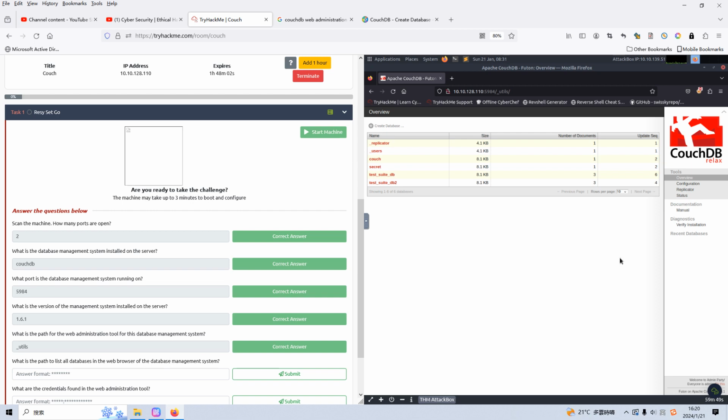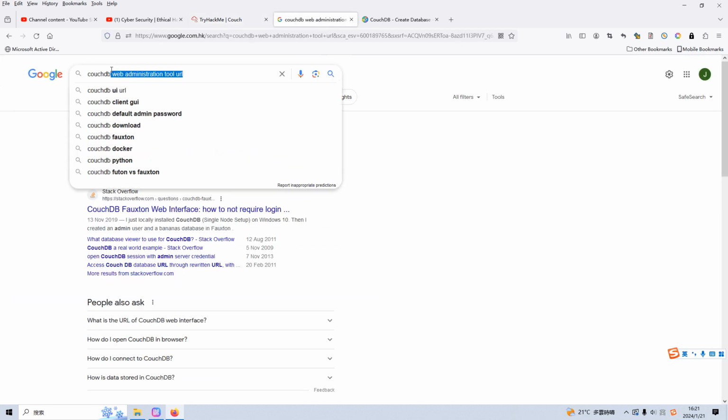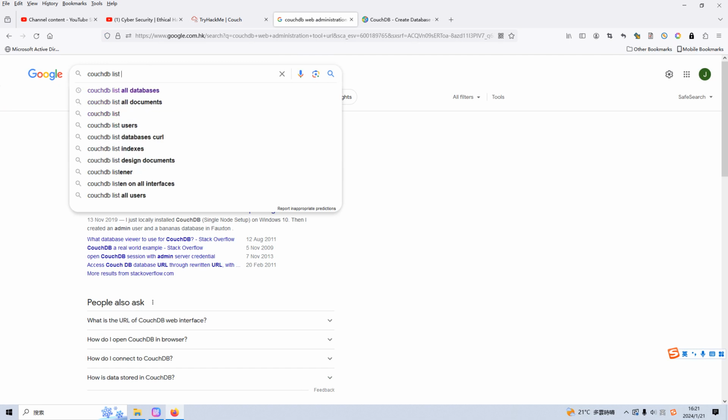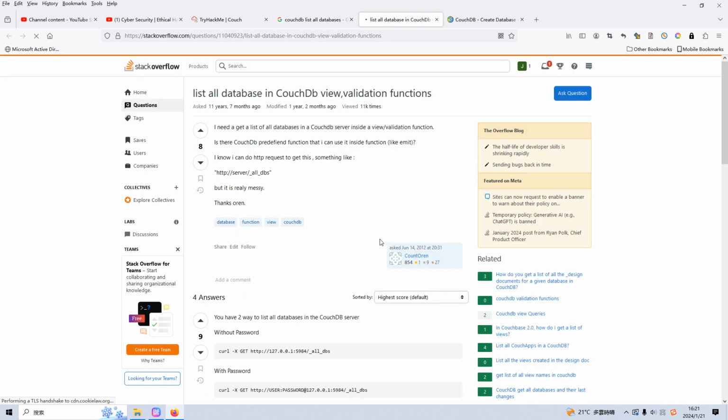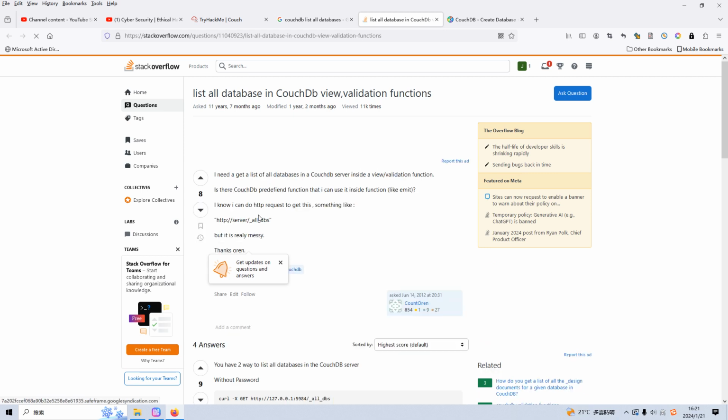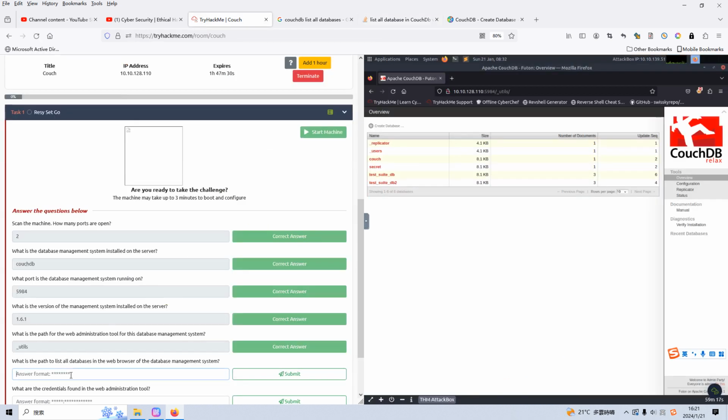Of course, you can use something like GoBuster to do the directory enumeration. However, we cannot find such information. Instead, we can use Google to do some research. We can search for how to list all databases, and then I think you can get the answer. For example, here, this first link, maybe this one is what we are looking for, right? So we can put